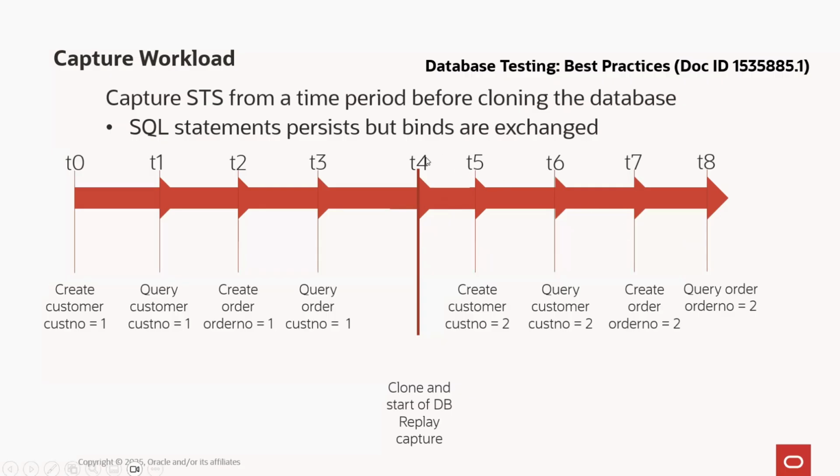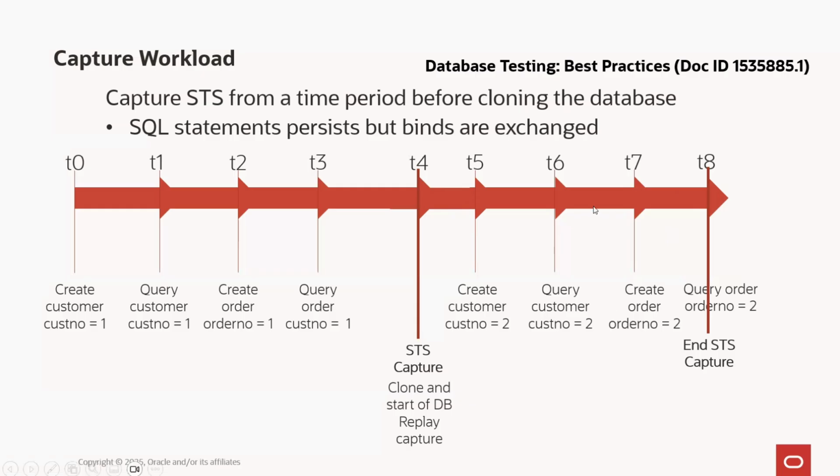The problem is that if you start the STS capture from T4 to T8, right? And you capture a lot of SQLs during this period of time, okay? Remember, when you clone your database, your test database is at T4. Your test database doesn't know anything about T5, T6, T7, T8. That period of time hasn't happened yet, okay? So if you capture SQLs from T4 to T8, and then you use SQL Performance Analyzer to replay those SQLs,